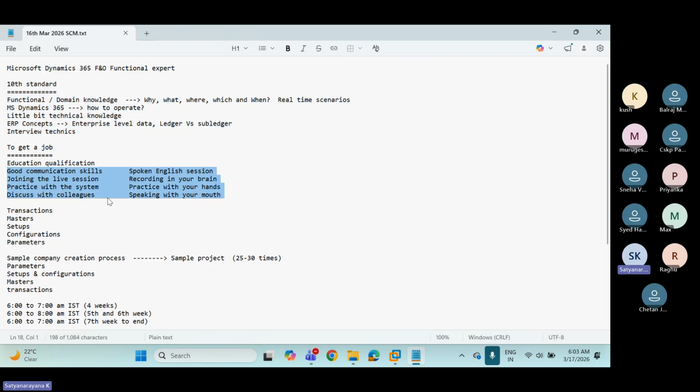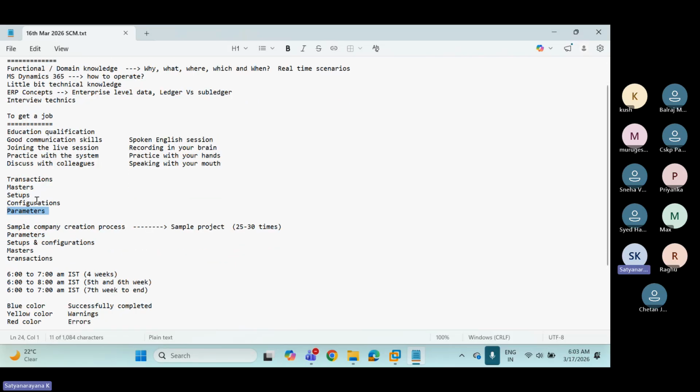This is most important. First I will teach you about transactions, masters, setups, configurations, and parameters. Then after 4 or 5 weeks, I will create a new company, a sample project. In that company, I will do parameters, setups, configurations, masters, and transactions.